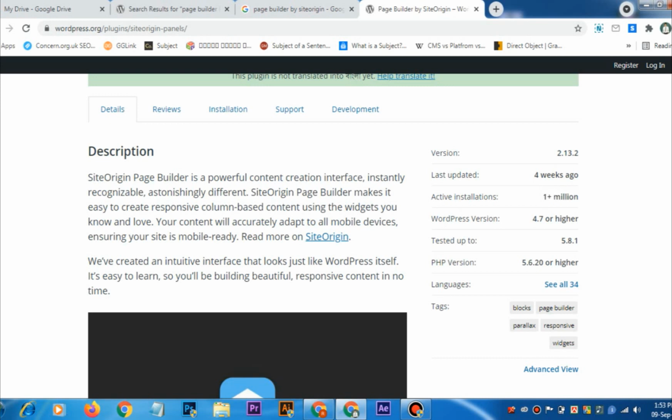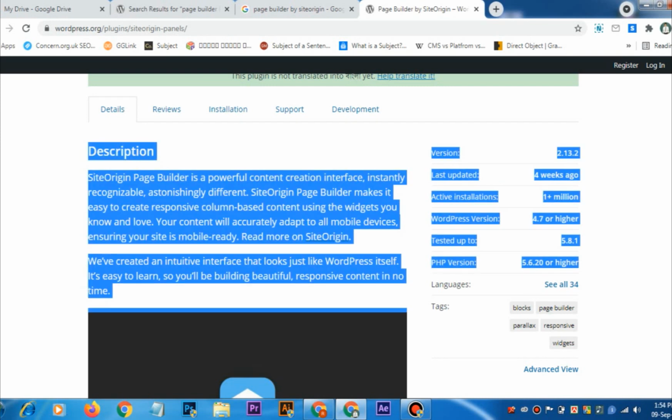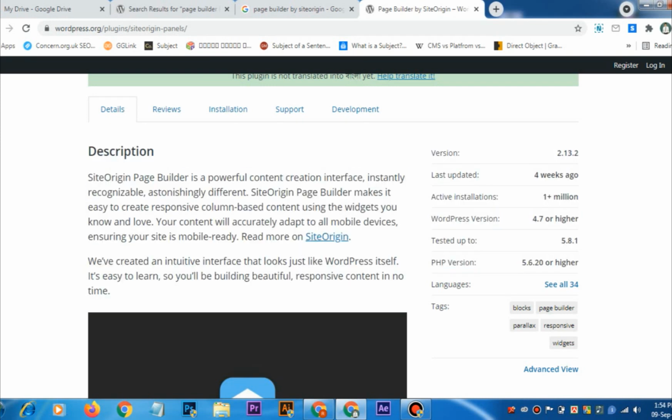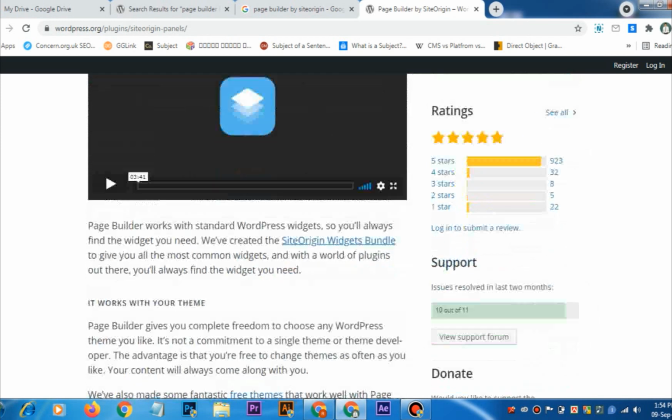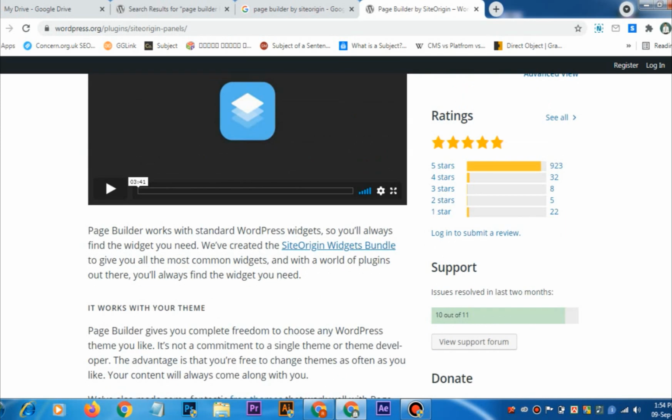So huge numbers of users, 1 million websites trust this plugin. So it is one of the most popular plugins and tested with 5.8.1, and PHP required 5. You can see it and you can translate it, and also you can see their rating.